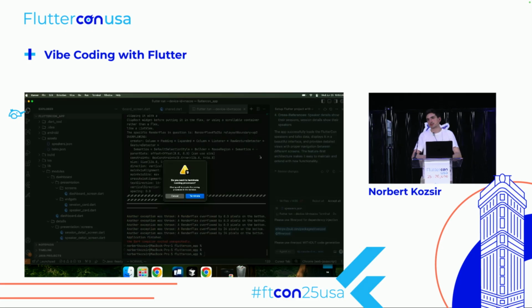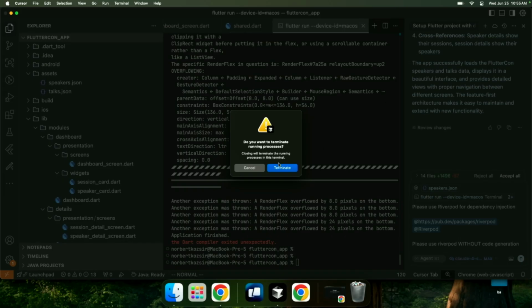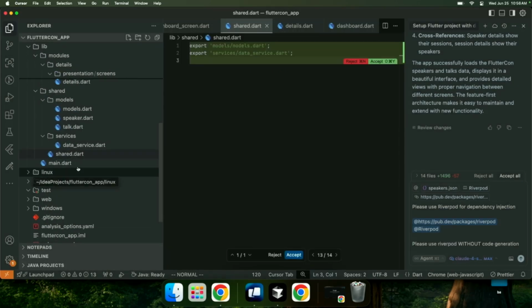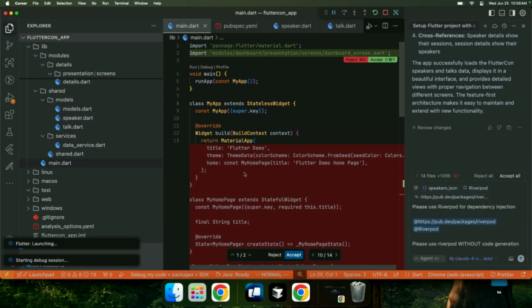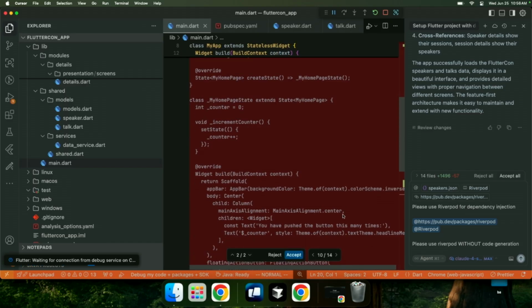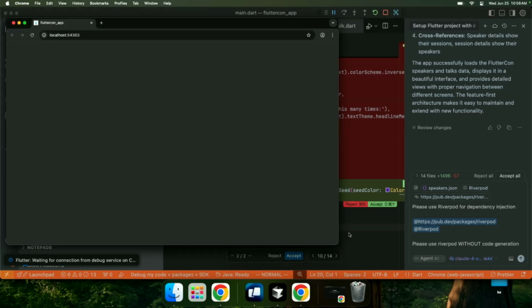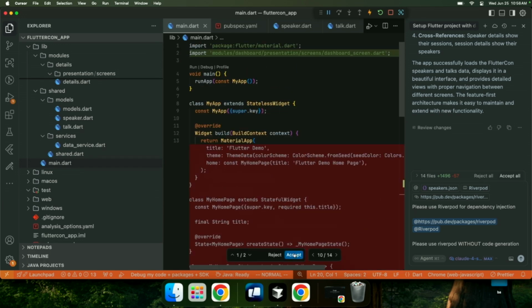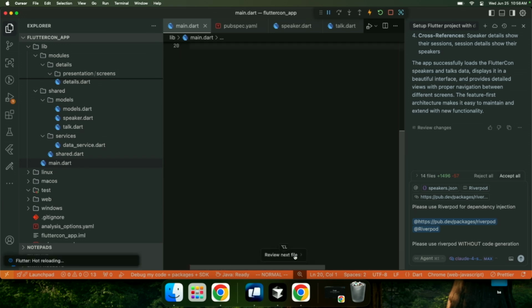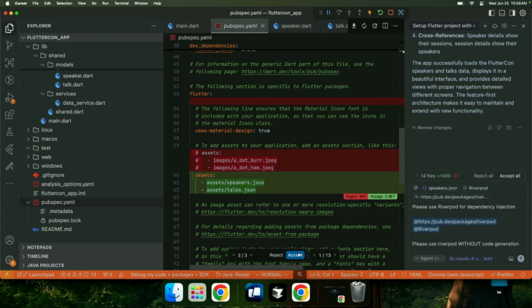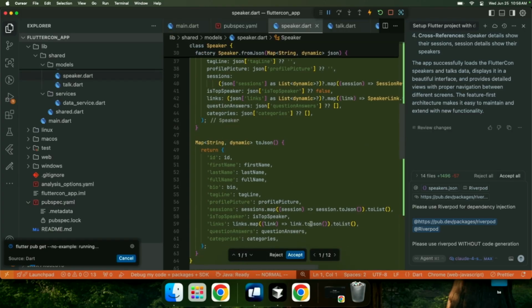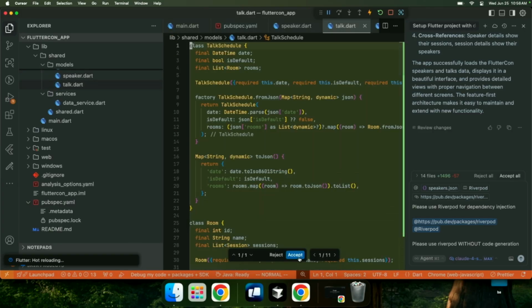So I hope this explains that you can use a command line, but you can also, for example, in VS Code, if you go to main, just hit debug and you have a proper Flutter integration that you can start without code generation. So let's take a quick look at the code. We have a dashboard screen that is being pushed. We can accept this file. It's doing some addition. We can accept this. This looks good.